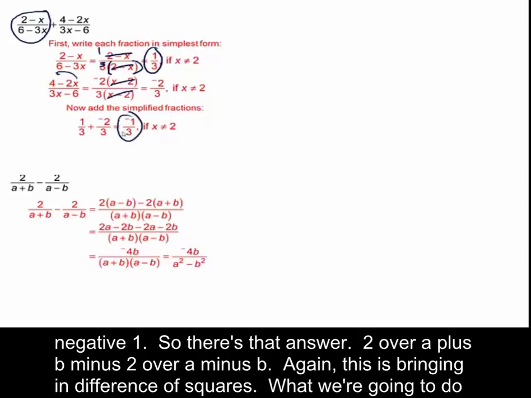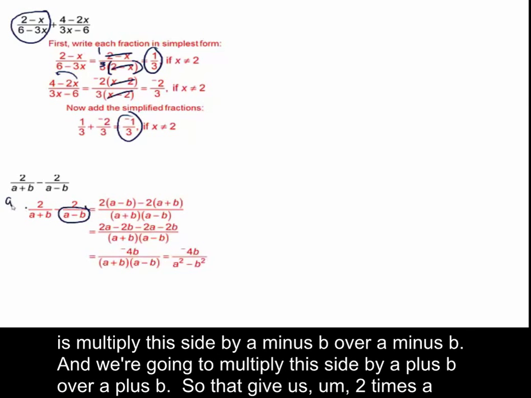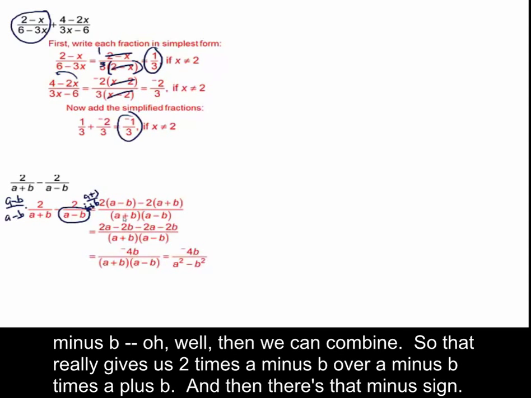So there's that answer. 2 over a plus b minus 2 over a minus b. Again, this is bringing in difference of squares. What we're going to do is multiply this side by a minus b over a minus b, and we're going to multiply this side by a plus b over a plus b. So that gives us 2 times a minus b. And well, then we can combine. So that really gives us 2 times a minus b over a minus b times a plus b,